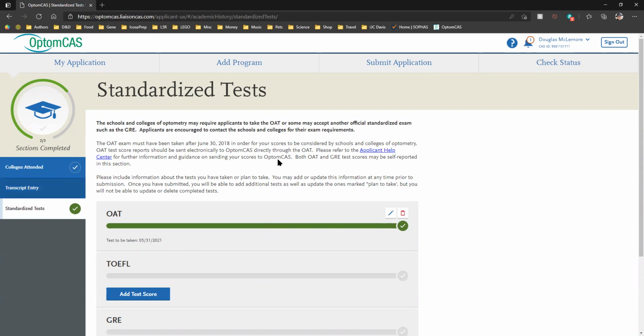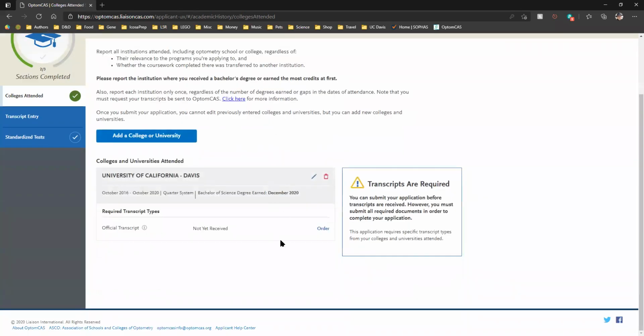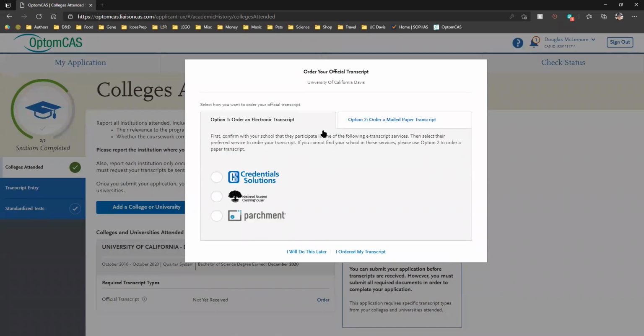Now let's go back to colleges attended. I always wait to do the official transcript orders on these until after I get my transcript entered, just to make sure I'm good to go. So now I'm ready to order my transcript. So go in, order the transcript, and we got all these different things. With Davis, you can use one of these electronic